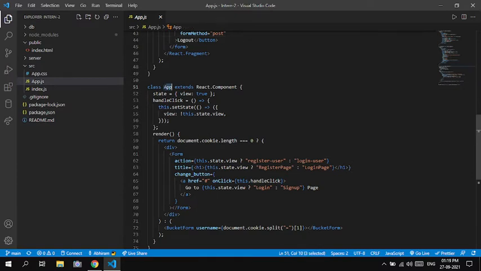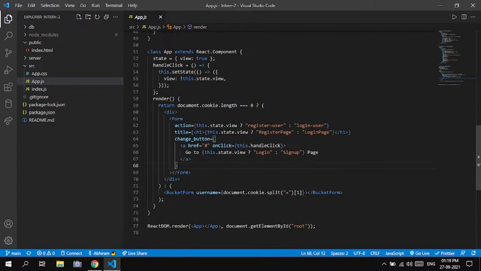And this is the main component where both the bucket form and form components will be used. The actions will be changing based on the state of the component.